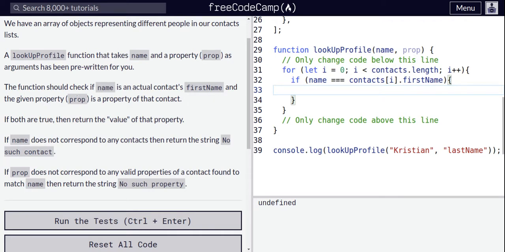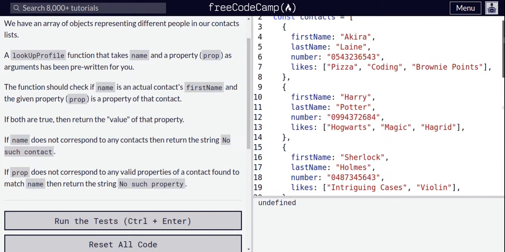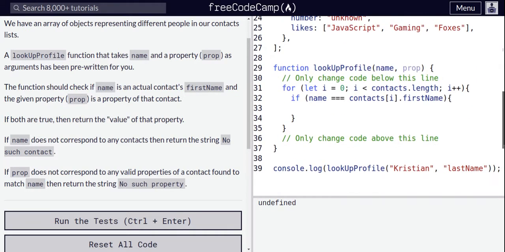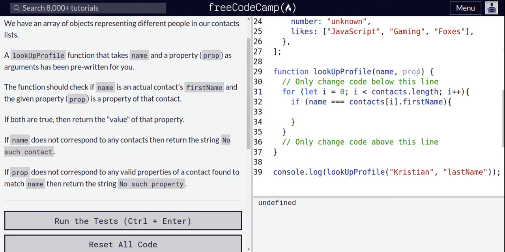The next thing we want to find out is if the given property, which is the one passed in here, is actually a property of this contact. The properties of these contacts are these ones here: first name, last name, number, likes. So we want to check if the prop that is passed in here is actually a valid property in any of our objects. And to do that,